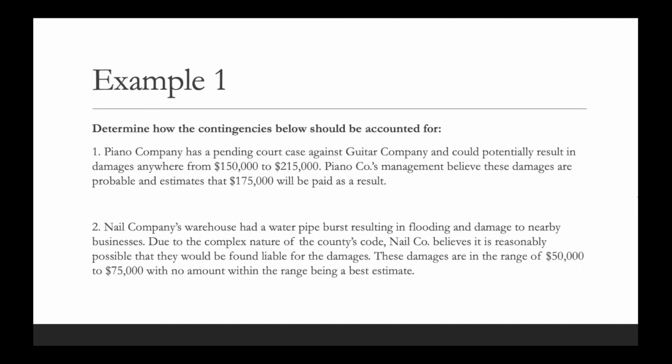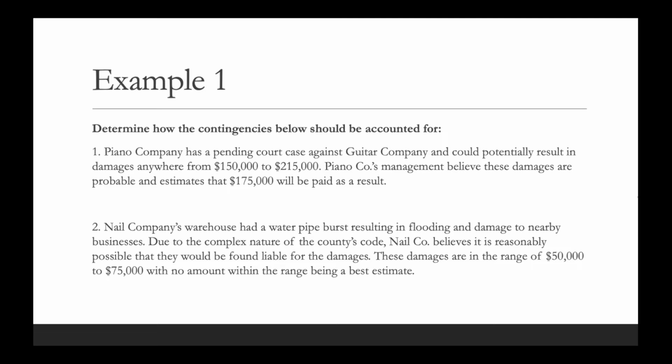So jumping into this first example here, remember, for all these examples, all we're going to do is determine how the contingencies below should be accounted for. So number one, Piano Company has a pending court case against Guitar Company and could potentially result in damages anywhere from $150,000 to $250,000. Piano Company's management believes these damages are probable and estimates that $175,000 will be paid as